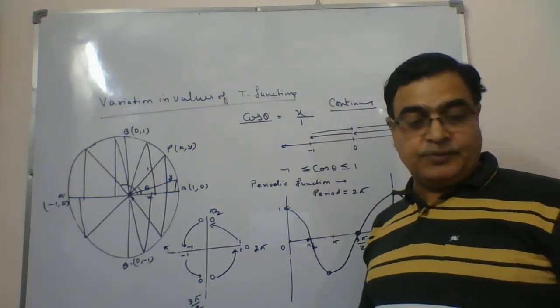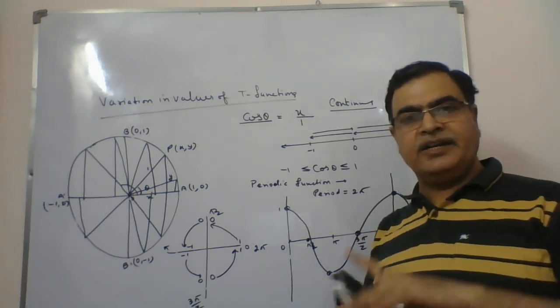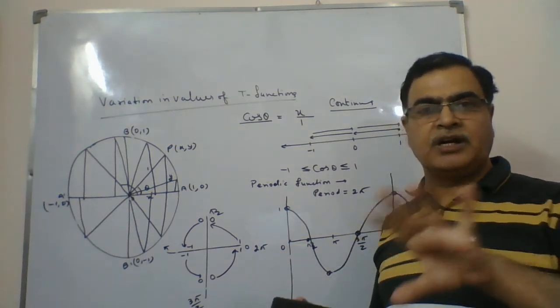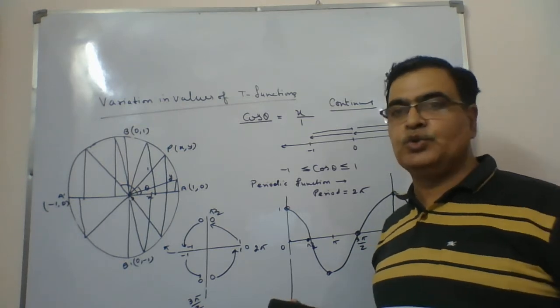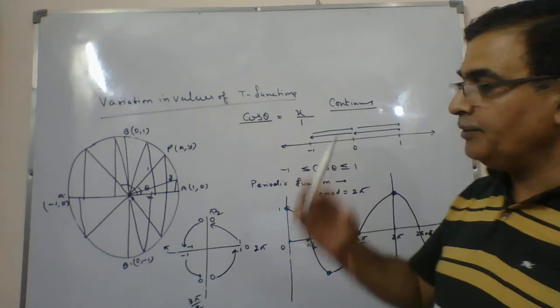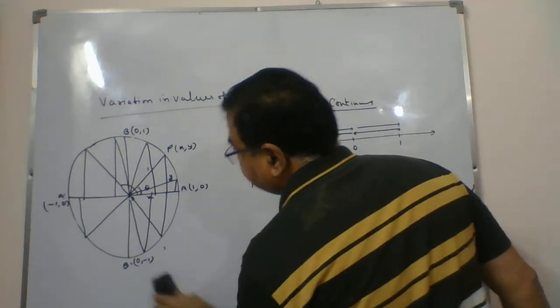Now coming to the next variation, that will be for tan x. Sine and cos, their behavior is the same and the curve plotting will be the same, but in tan and cot there will be a slight change. We should know that also. So now coming to the next part, that will be tan x.